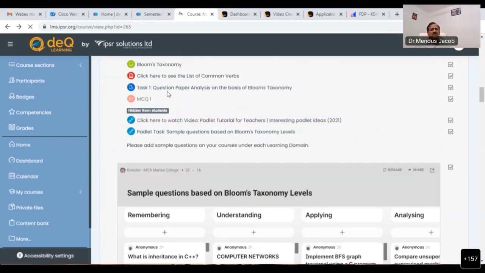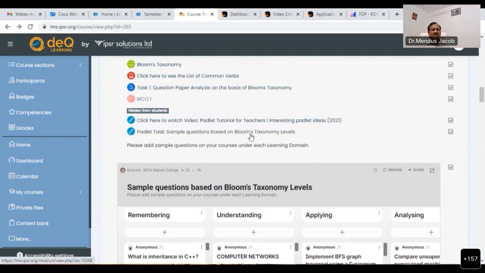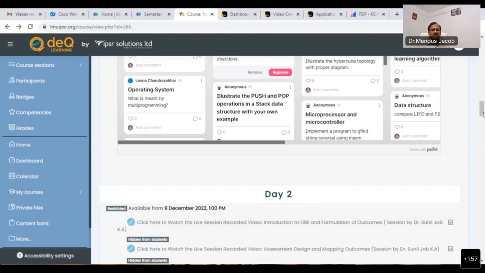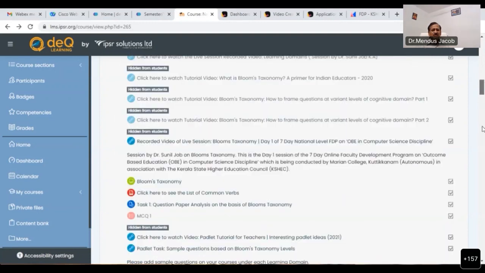Again, we have some tasks. Question paper analysis on the basis of Bloom's taxonomy is already there. I think most of you have done it. Then a Padlet, we have pasted a Padlet. Many of you, the participants, have listed your